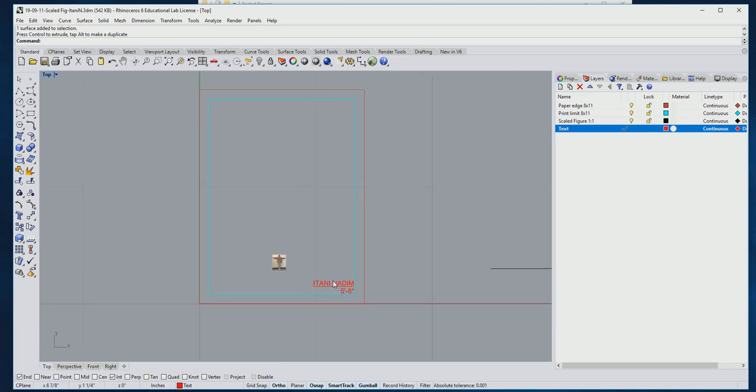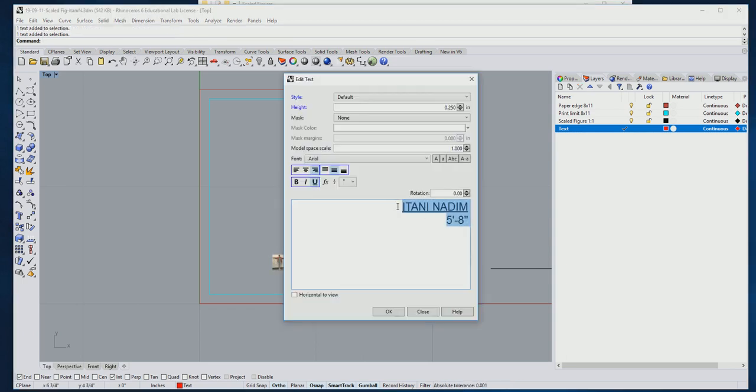So I'm going to make new text. I'm going to take this text. I'm going to copy it from there to there. So now I can edit it and make a title for this drawing. Okay, that text is too big. I'm going to make it